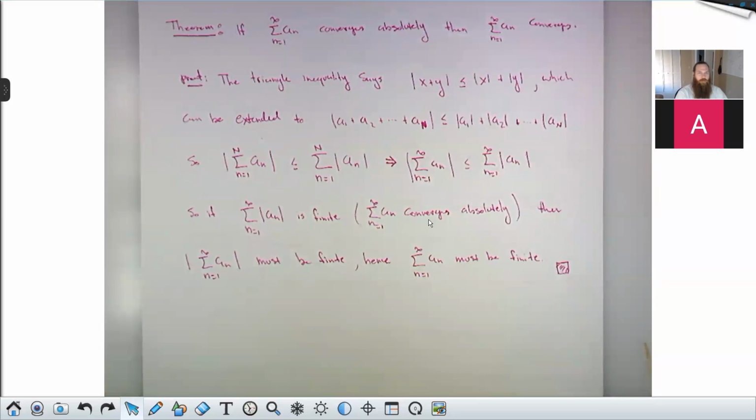So absolute convergence is strictly stronger, right? Every absolutely convergent series is convergent in the traditional way, but the converse is not true. We've seen that there are series that converge, but fail to converge absolutely. The alternating harmonic series is a classic example of this. Another example coming from your homework